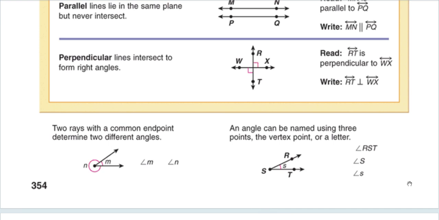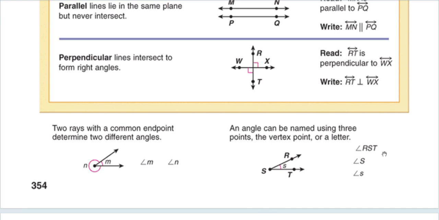An angle can be named using 3 points, the vertex point or a letter. We can call it angle RST. 我们可以用3个点组成的这样一个符号来标记，我们小朋友做数学题做得多的话就一定会看到，但是它的英文也是一样的。